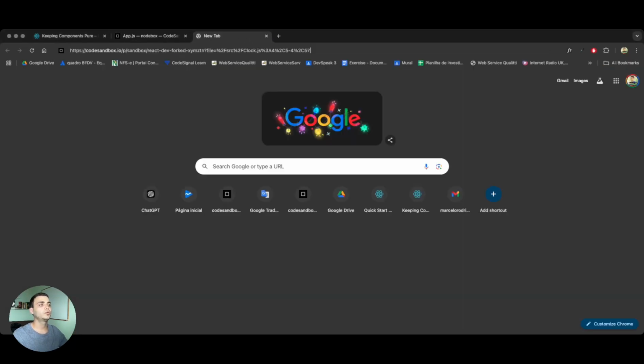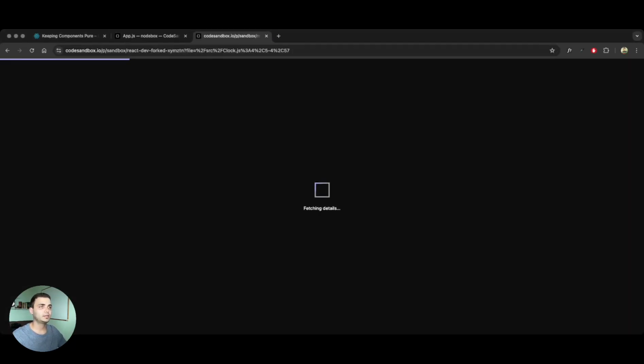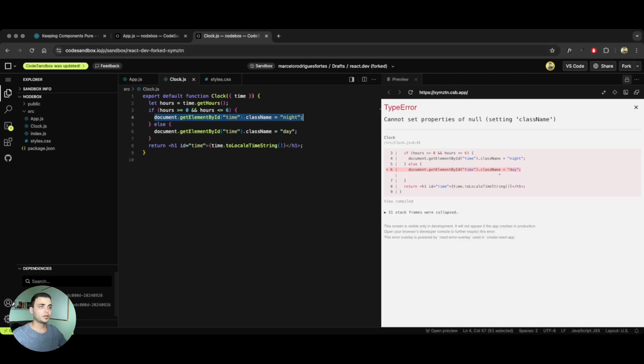And there's another rule that I want to present to you guys. Rule number 2, you should avoid manipulating DOM elements directly. Okay, so in this case here we have an example of what you have to avoid doing. Instead of doing this, you can